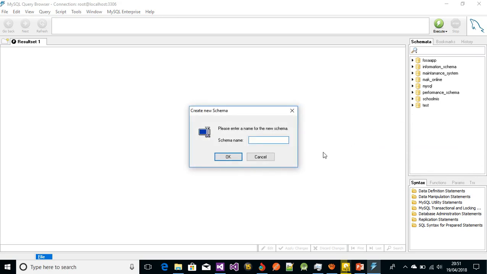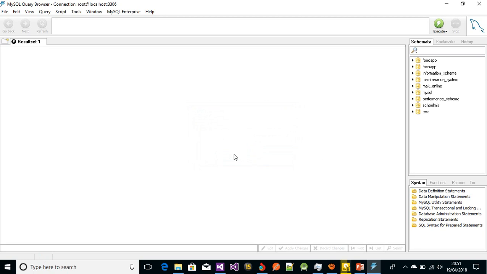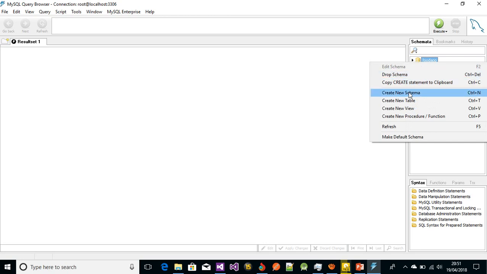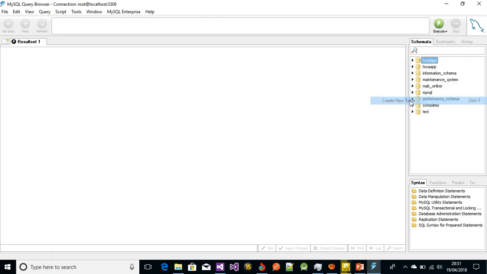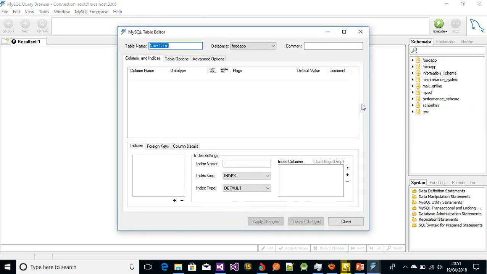So let us call our schema or database food app, and we press OK. After pressing OK, right click on the schema and you create a new table. Let us call our table menu list,